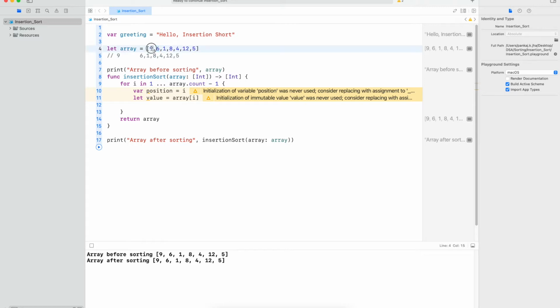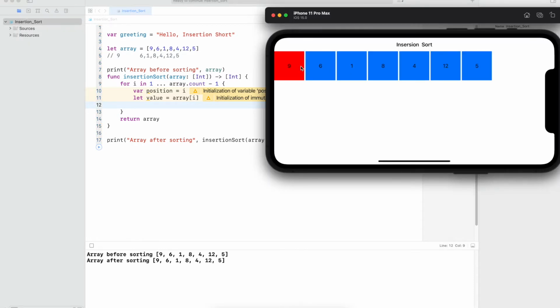Previous value means comparing the elements in the sorted array, and currently we have only 9. In this one, since currently we have only one element, we compare only with 9, and then we'll place it in the proper position.